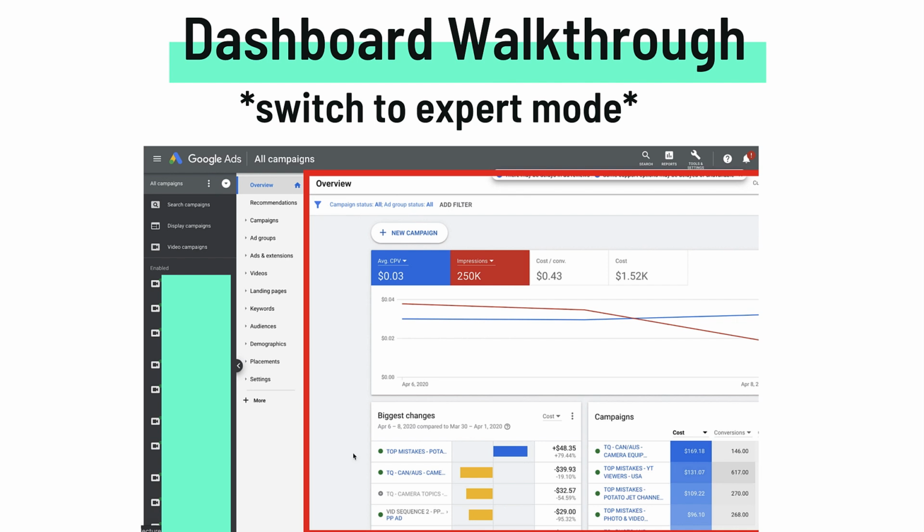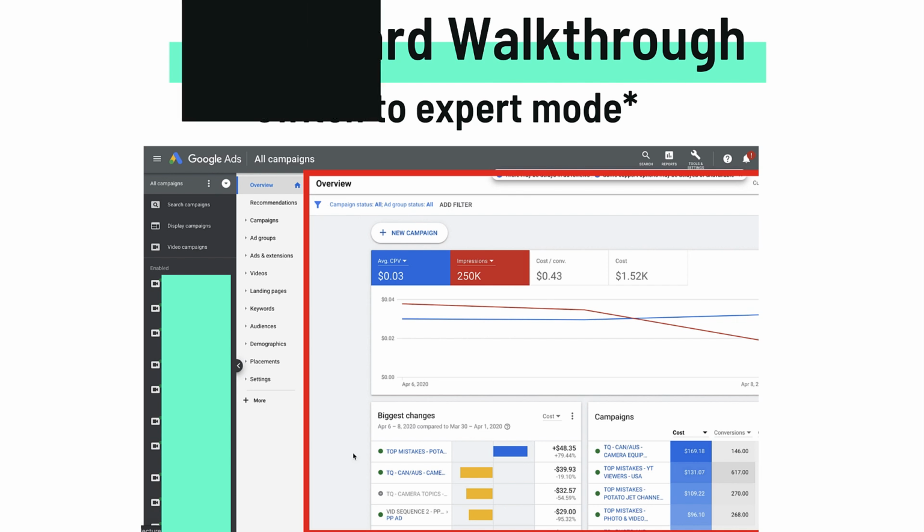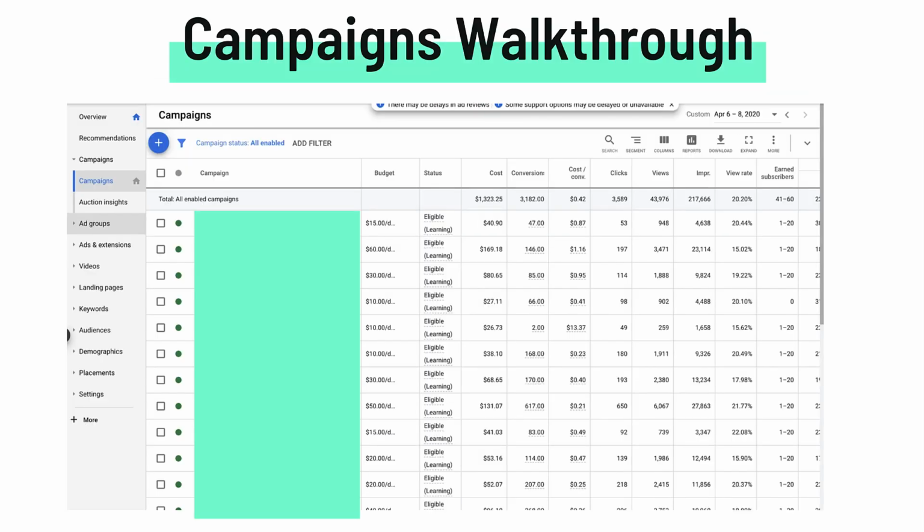One thing that really is annoying about Google Ads is they try to put you through this staged process when you're first setting up an account in an ad. I always switch to expert mode. For whatever reason, Google forces that initially, and it's horrendous. So you want to switch out to expert mode, and that gives you the flexibility to kind of navigate your account how you want. Once you get in, you can actually click on the campaigns tab there on the left,